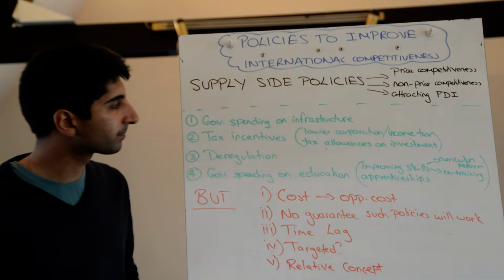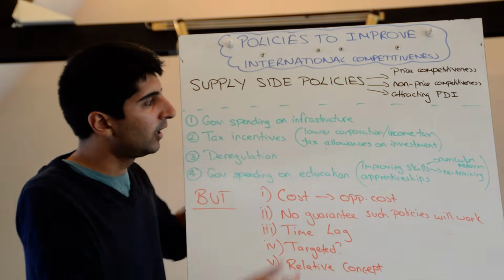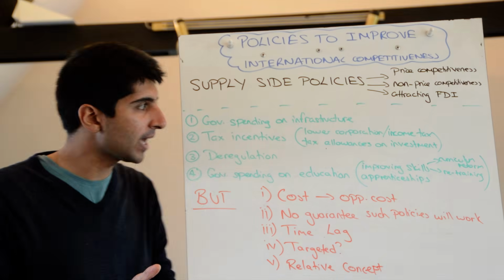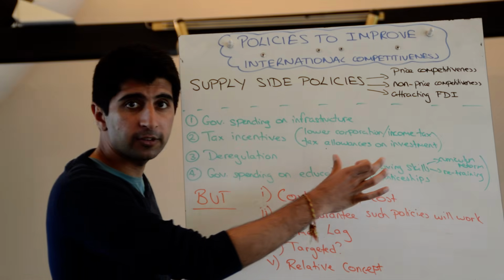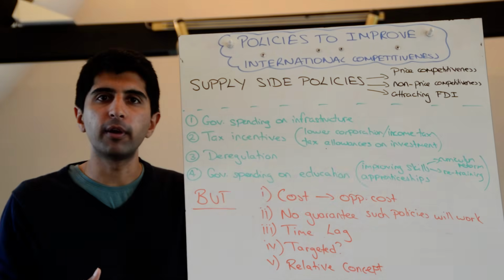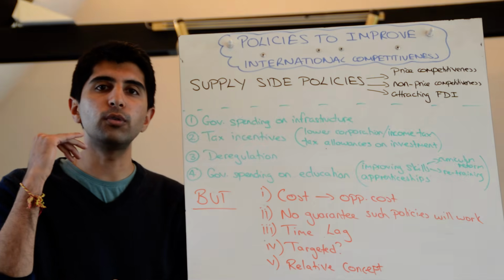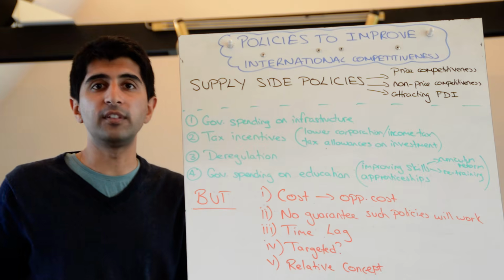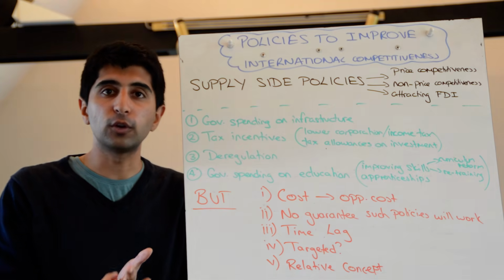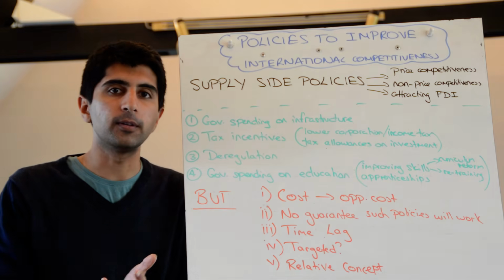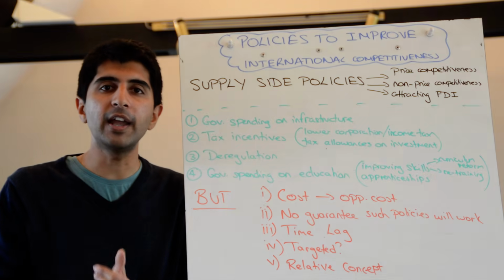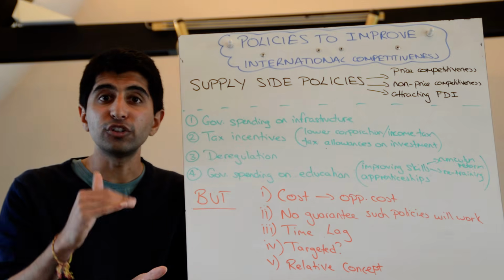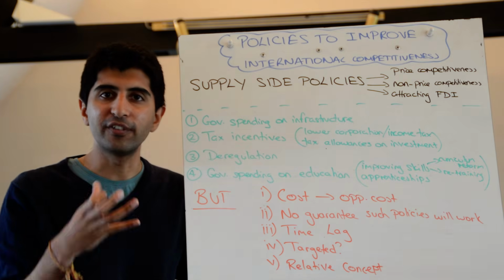That's your job. Tax incentives. So we know that supply-side policies also include lower corporation taxes, lower income taxes, but also tax allowances on investment. So let's focus on lower corporation tax. Lower corporation tax increases the retained profits of businesses, which they may use to invest. What is investment? Well, spending on technology, spending on new software, spending on new capital, spending on innovation and research and development. By doing all of these kind of things, again, that should increase the efficiency for that business.